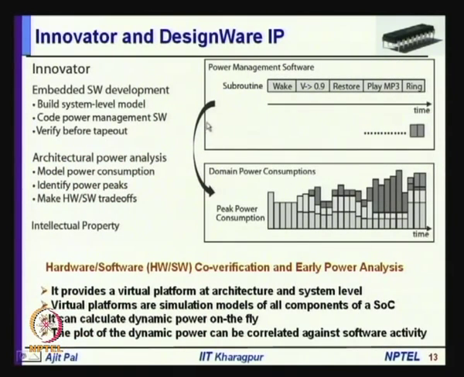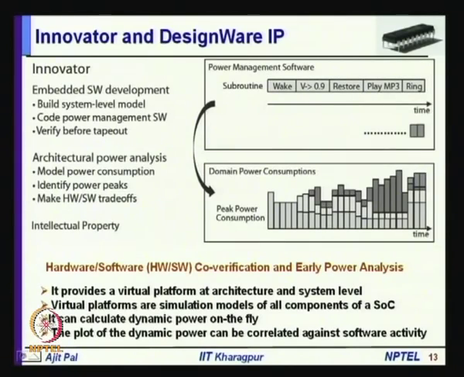First, we shall focus on Innovator. It provides a virtual platform at architectural and system level. What do we really mean by virtual platform? It gives you simulation models of all components that you require in implementing a system on chip, that means processors, coprocessor, buses and various other components that you require are provided in this, and these virtual platforms are simulated